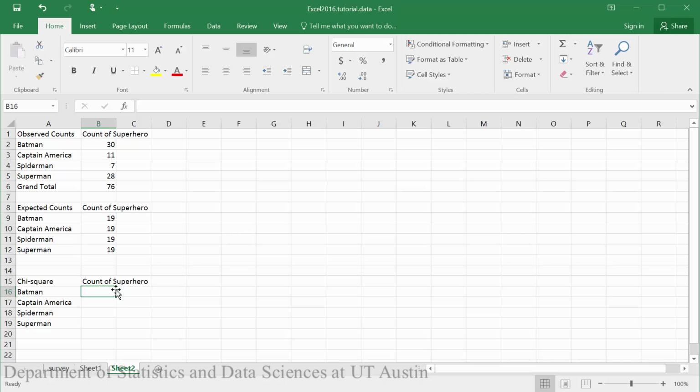So for each of these cells, we want to have equals the observed value here, 30, minus the expected value for Batman, which is 19. We'll close our parentheses. We want to square that value and then divide it by the expected value again, and then hit Enter. We'll copy this formula down through the other superheroes,